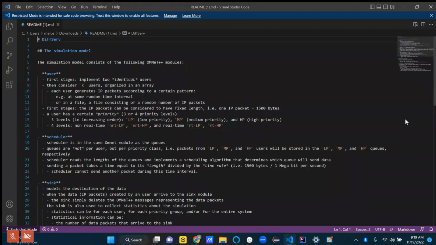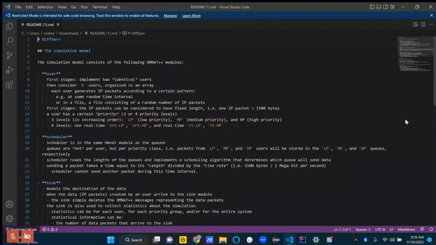Basically, it will be one, but it'll be a little more complicated than the single queue FIFO they're using in this sample, because we'll have a high, medium, and low priority queue.